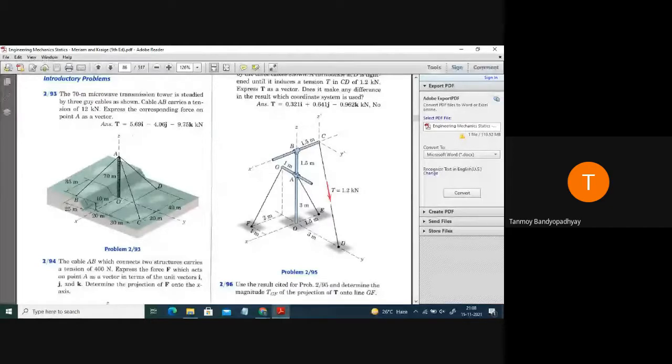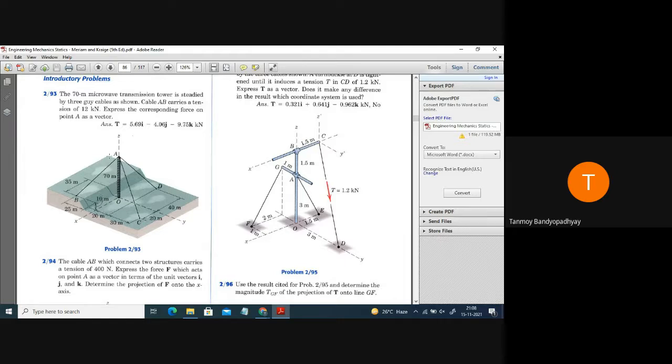Okay? So you can see that the y coordinate from this point is 25, so we have to take it as minus 25. And what is the z coordinate of the point B? You can see that it is above the xy plane. So above the xy plane, it is 10 millimeter. So that is 10 k cap.